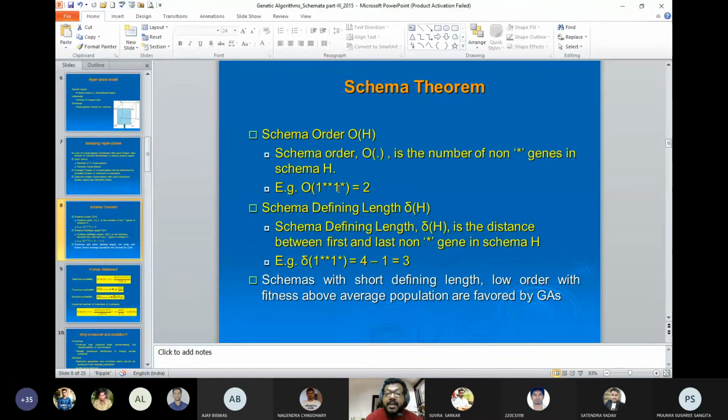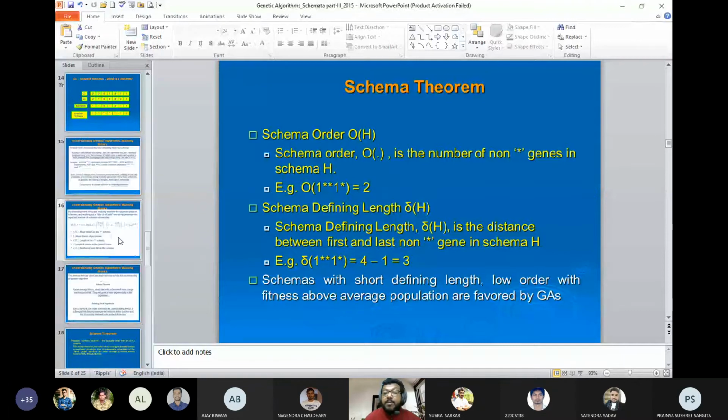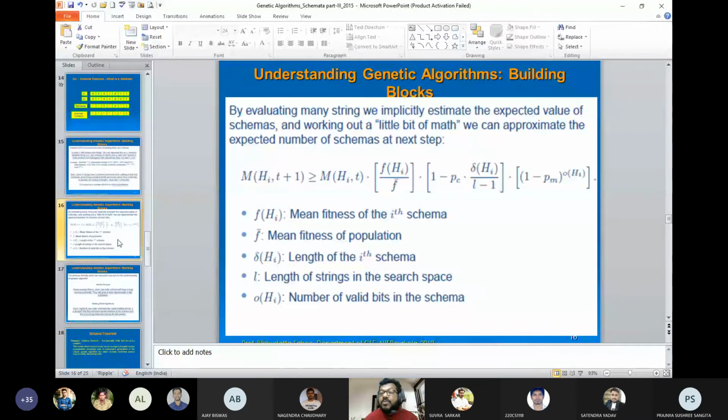Then again, we are calculating the length. If you want the length to be minimum, then definitely you are expecting the two bits to be adjacent to each other, then it can be minimum. Suppose it is position 3 4, or position 7 8, or position 9 10, so the length will be minimum, or it will be 1. Based on this finding, this can be directly adopted in a genetic algorithm to retain the good quality of genes and ensure that those genes will propagate to the next generation.